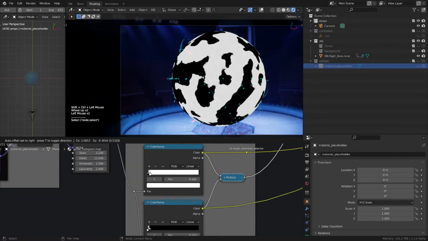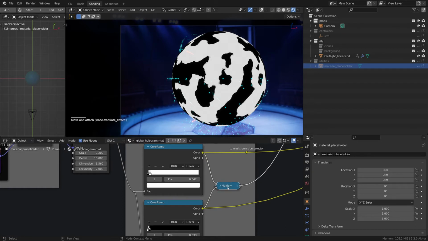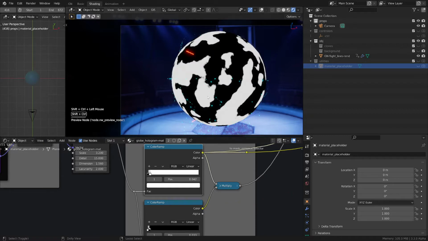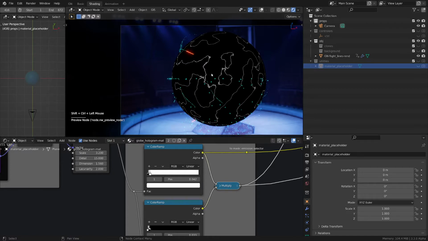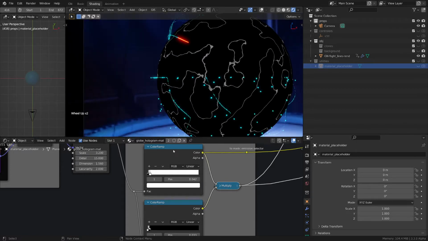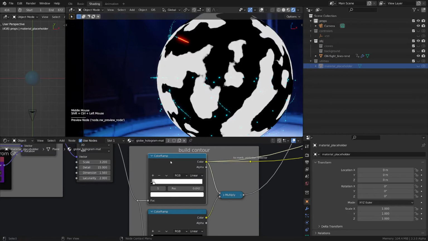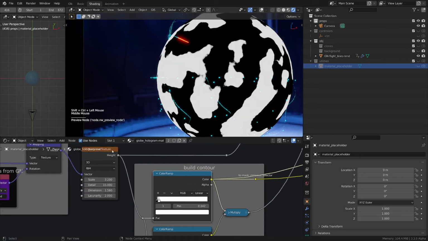So if you multiply, anywhere you have black, you will have 0. So multiplying any black from here with any black from here will make sure that you keep the blacks, and multiplying by 1 is going to give you the white, and the result is going to be the contour, because again, this is a slightly smaller version of this texture,